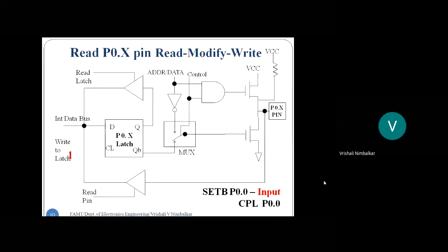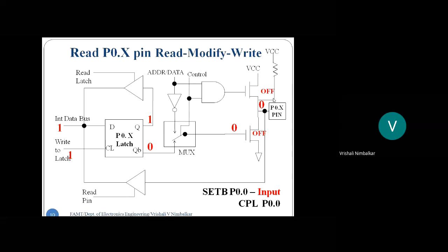Fine, students. So let us see how both the instructions work. The first instruction is what? We are initializing the pin as an input. So the upper MOSFET is off and the programmer or the user has placed logic 0 on the pin. Okay, the programmer has grounded that pin. Now the microcontroller is executing the first instruction, SETB P0.0. So logic 1 is sent out. So place the logic 1 on the data bus. The microcontroller activates the write to latch signal. The latch enables, logic 1 gets transmitted, 0 on Q bar, 0 on the MOSFET, keeps it off.